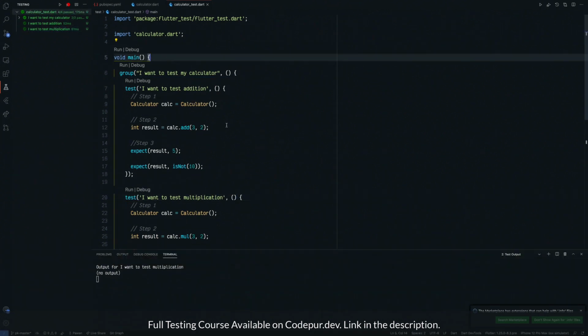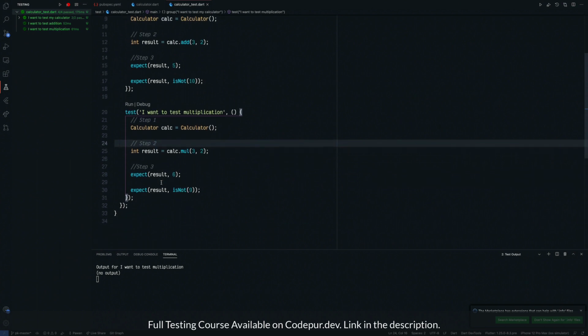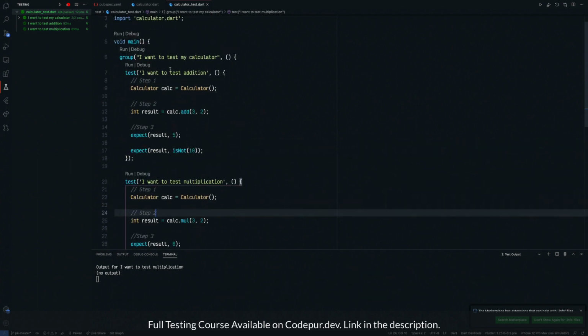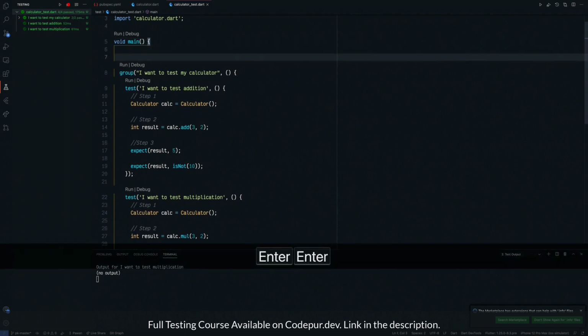Now there is one more thing which I want to tell you. If you see these 2 test cases, what we are doing is we are using the calculator instance again and again, but it's actually not needed, right? There are different methods which we get. Right now we can also use it in the main method, but what if there's no access to main, or we are in a different file, or let's say we don't want to instantiate on the top. So there are some methods which I want to talk about here.